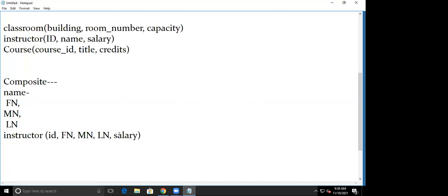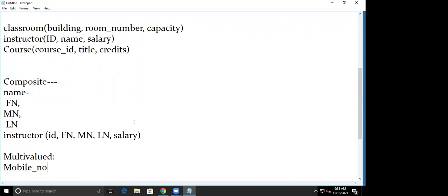So now let us go to the next type of attribute, that is the multi-valued attribute. When we are talking about the multi-valued attribute, phone number, or consider mobile number. So this is a multi-valued attribute.